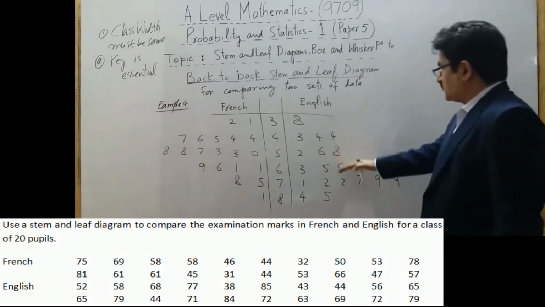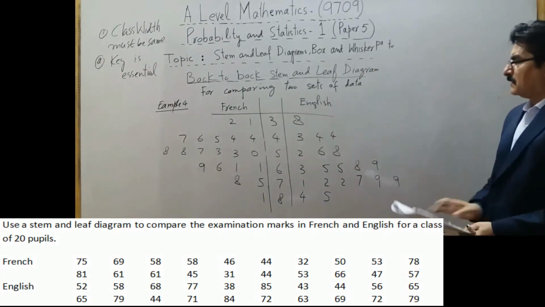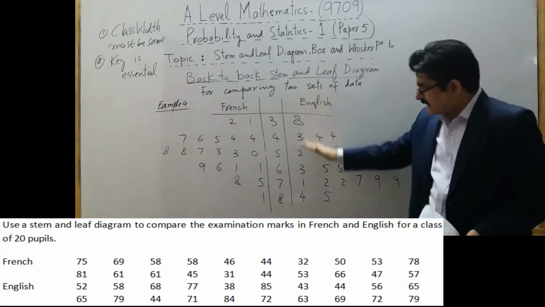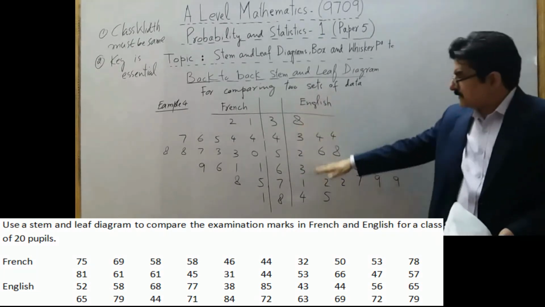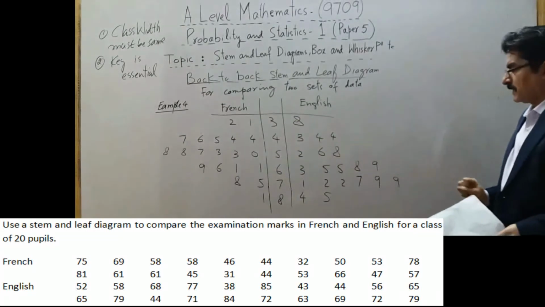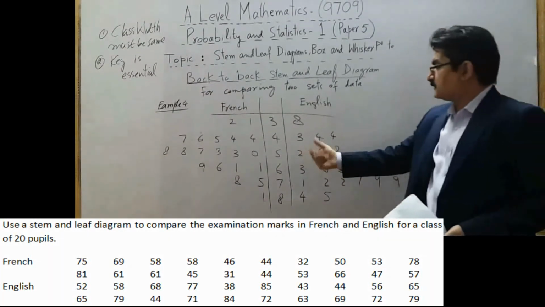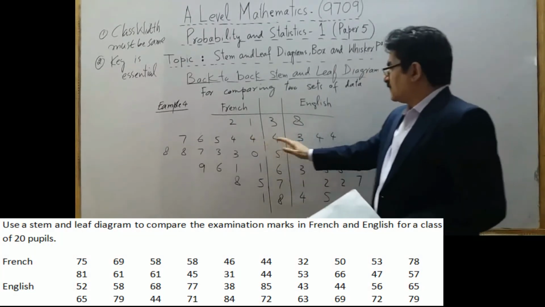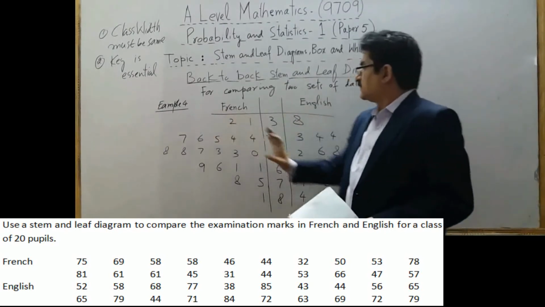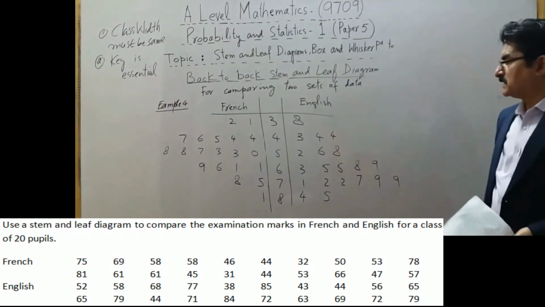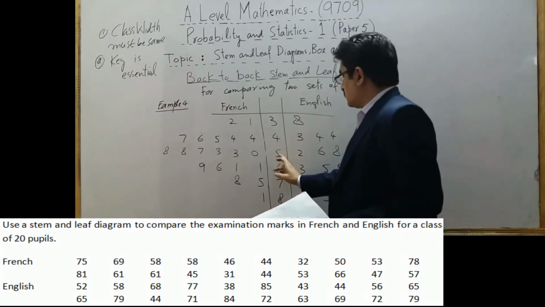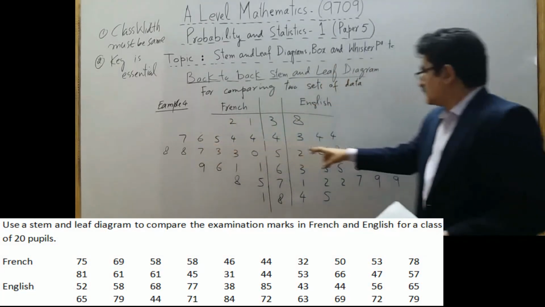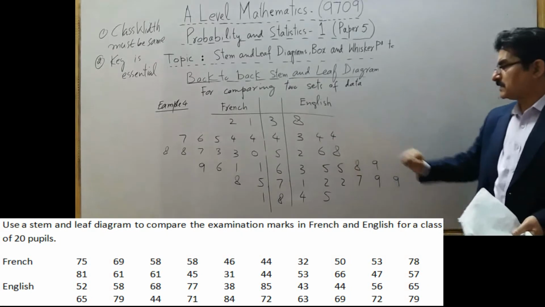See the English marks and French marks. In the start you have smaller values, 38 marks, 43 marks. It is in ascending order, so as we move down, the marks are increasing. At this stage, and also at this stage, there are more students who got marks between 40 and 50 in French as compared to English. Again, there are more students who got marks between 50 and 60, almost double than English.